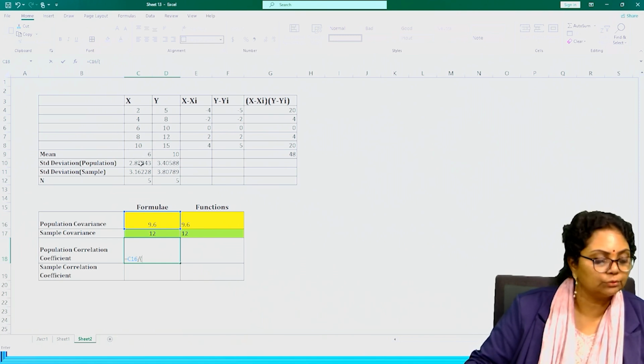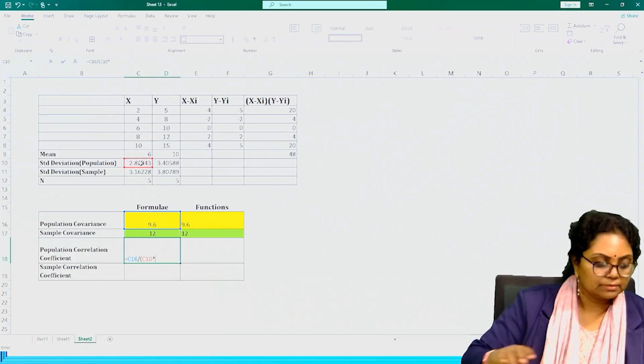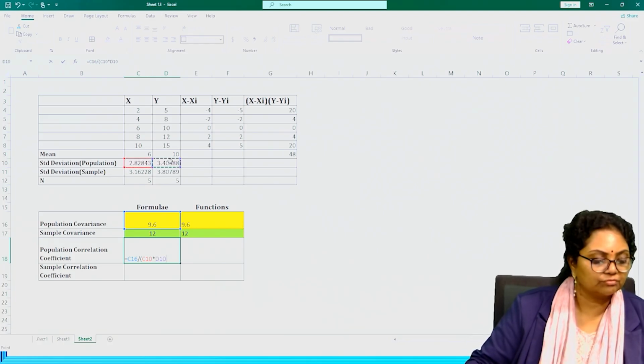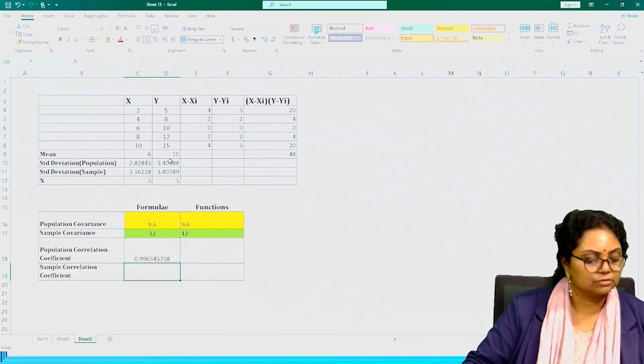So I am going to take the standard deviation of population of X multiplied by the standard deviation of Y with respect to population. So here we are getting